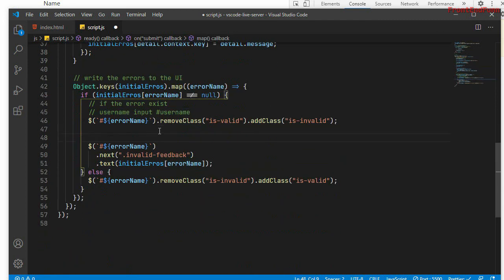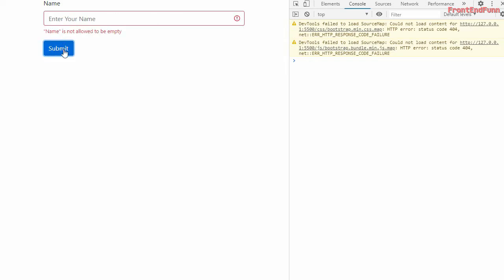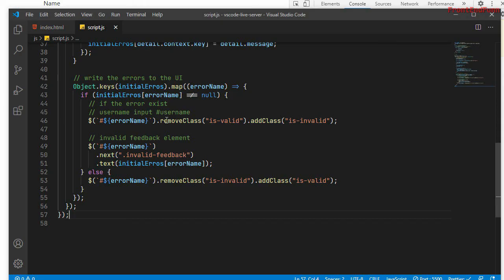And this is the invalid feedback element. Let's see. If I click on this, as you can see, there is an error displayed here. Name is not allowed to be empty, and if I write something, we'll be having a feedback. Fine. So we have done most of the part for the name field.